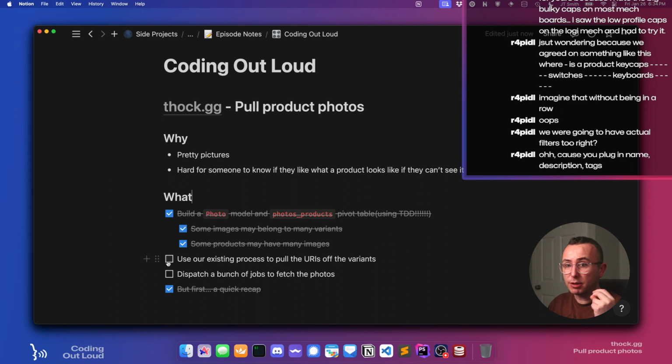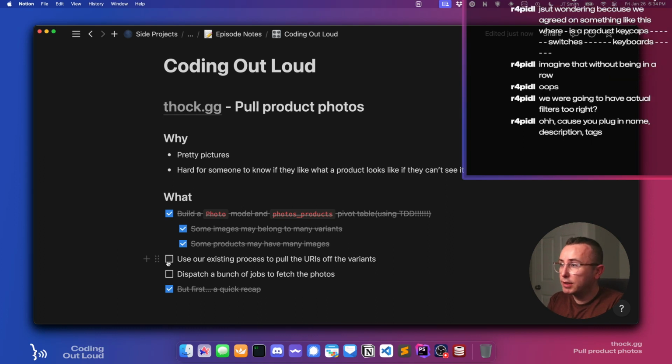You plug in name, description, and tags. You don't even need to do that. You just start typing the thing in your brain that you want, and the most relevant results come up. It doesn't have to be a perfect search, because they do fuzzy matching. It can be not perfect. And that's why I want to use Algolia so much, because they give us that